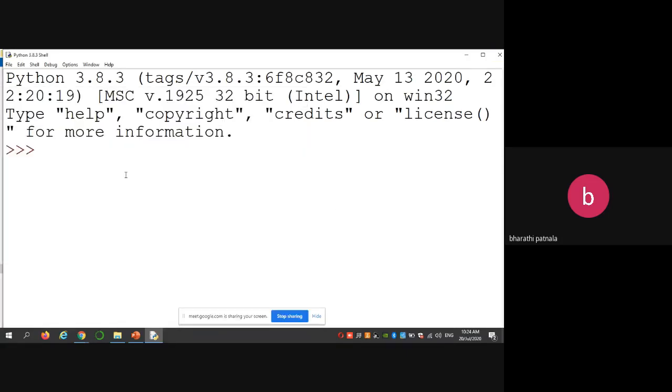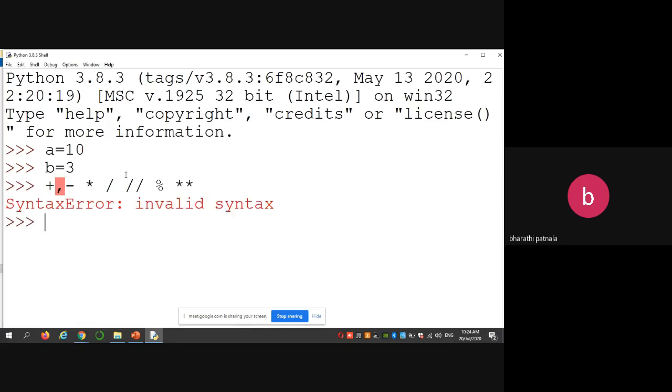Okay. So let me take the A value as 10 and the B value as 3. First, coming to arithmetic operators, we have plus, minus, star, single slash, double slash, modulus, and exponential. Okay, let us see one by one.